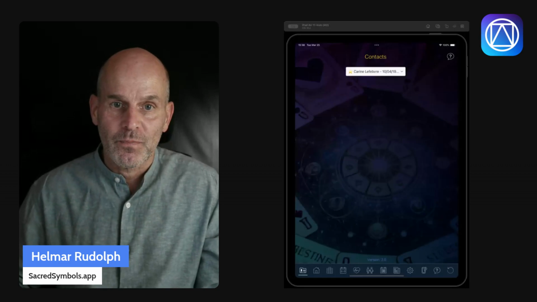Sacred Symbols version 2.0 has just been released. And I'm sure you're on tenterhooks and wanting to find out what is new about this version. There are two and a half main aspects, new features in version 2.0, and I'd like to share them with you today. So in order to do this, we'll have a look at an iPad